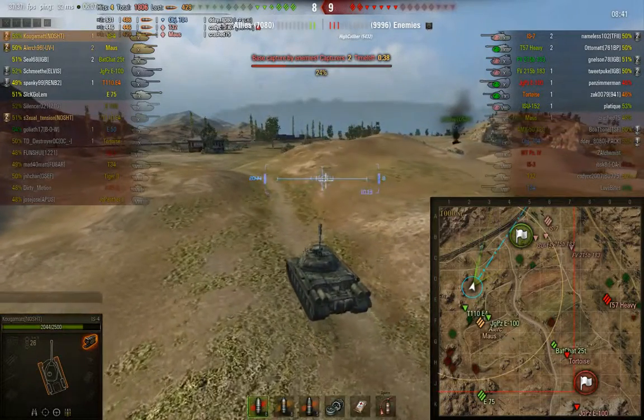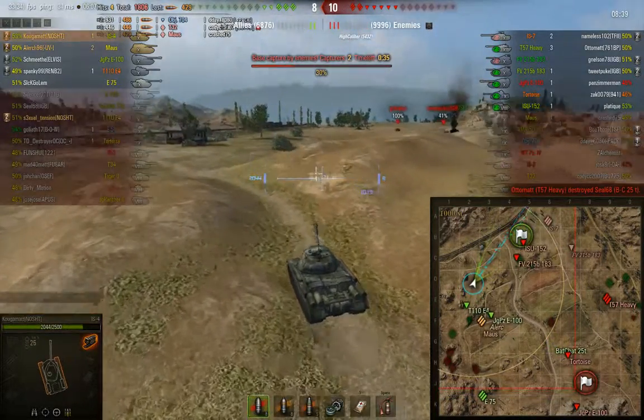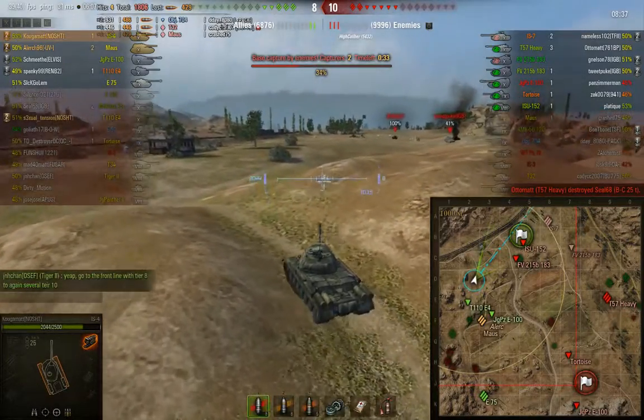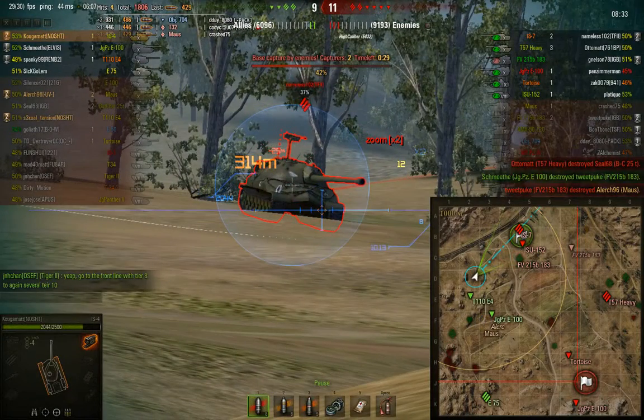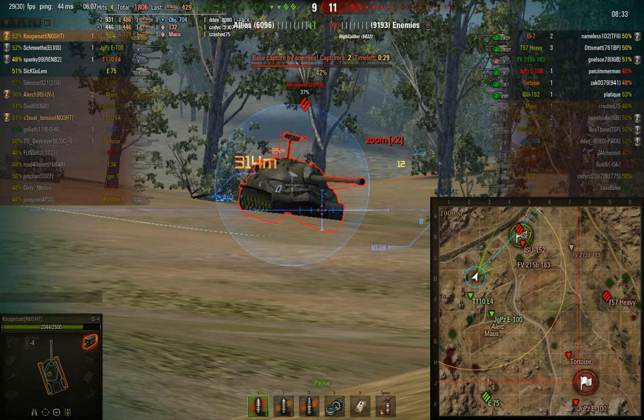So there's 2 tanks on cap right now. There's an ISU that just got identified, and the IS-7. Now, looking at this right here real fast, the IS-7's about 300 meters away, and the ISU is about the same. Now, shooting an IS-7 anywhere past, I would say 200 meters, makes it a bit difficult to actually hit